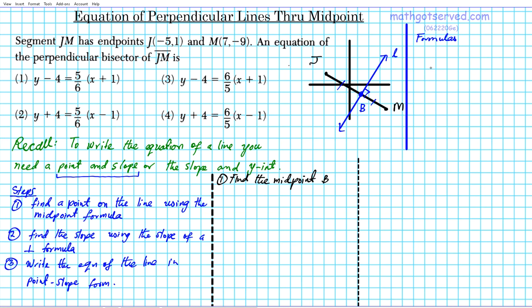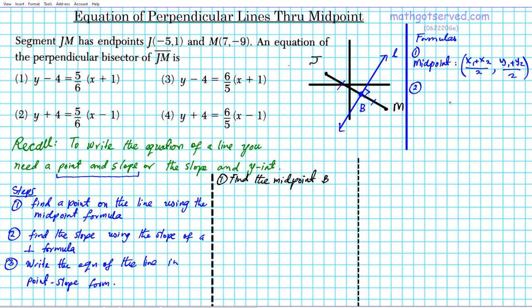Number one, we need the midpoint formula. So how do you find the midpoint? You just average the coordinates, right? The midpoint formula is x1 plus x2 for the x coordinate over 2, and then for the y coordinate, y1 plus y2 over 2. Bam, bam. All right, so after you have the midpoint,